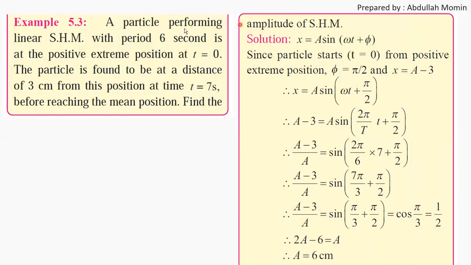Next numerical: a particle performing linear SHM with period 6 seconds is at the positive extreme position at initial time t = 0. Now the particle is found to be at a distance of 3 centimeter from this position at time t = 7 seconds before reaching the mean position. Find the amplitude. Now what this numerical is saying: a particle performing linear SHM